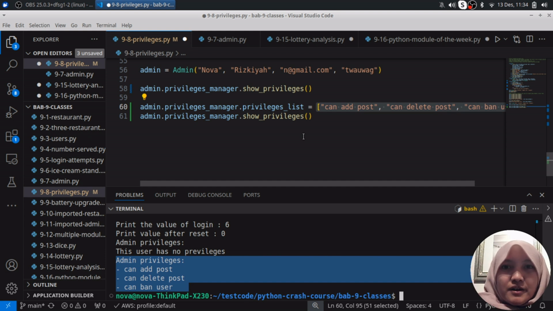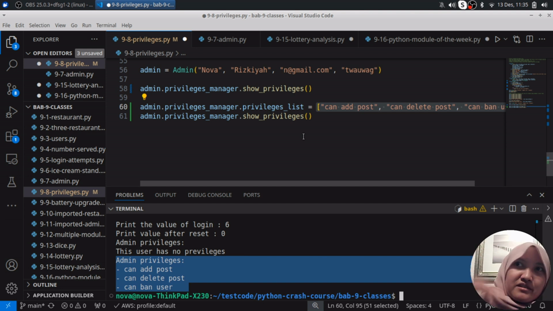Because we have the parent class users, and then we have the child class admin, and then we have the privilege class that does not inherit from the child class, but is just making an instance as an attribute. Why? Because we can describe the privilege in as much detail as we want without cluttering the admin class. That's why we change